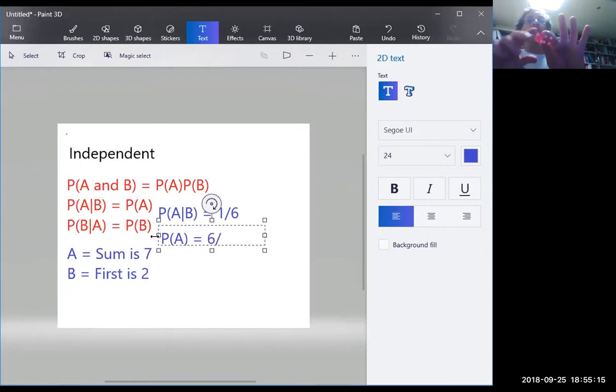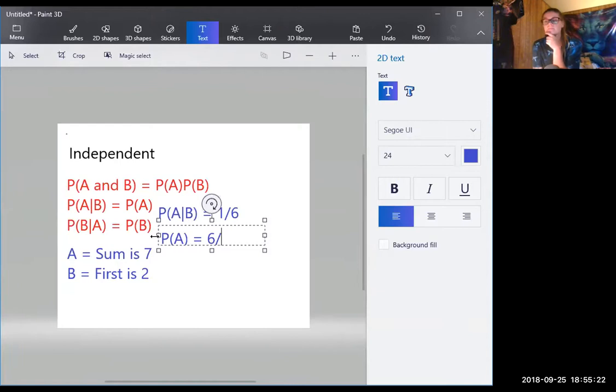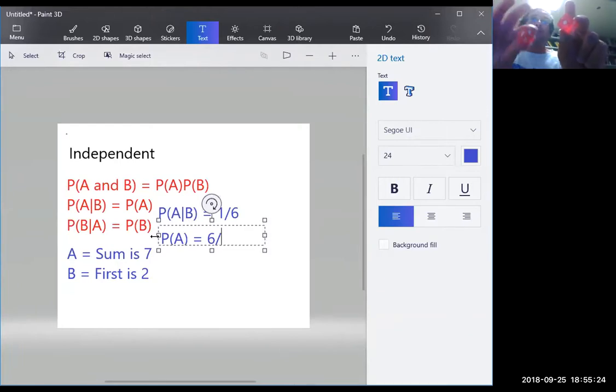How many different die rolls are there with 2 dice? 36, because, for example, for the 1, there's 6 die rolls. For the 2, there's 6 more. So it's 6 times 6. So that's 36.